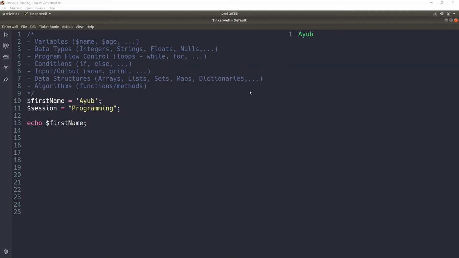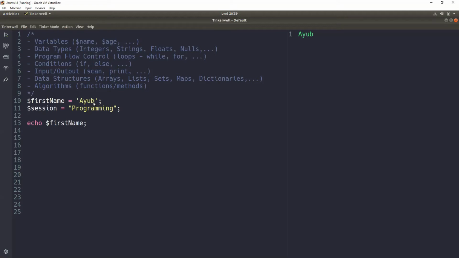Some languages don't allow you to write single quotes for strings or double quotes for characters. A character is, for example, if I say A, that's just one character. A string is more than one character, like Ayub. So that becomes a string.